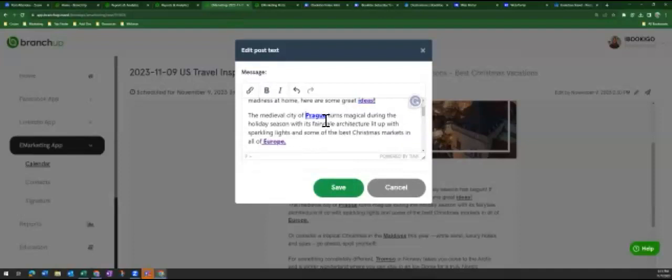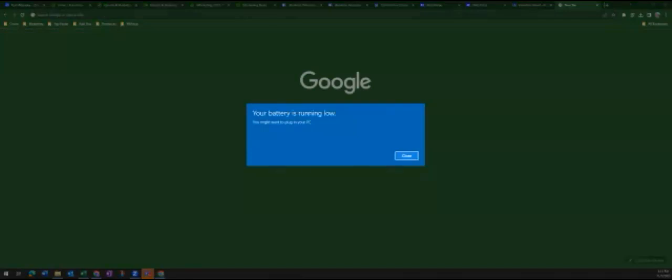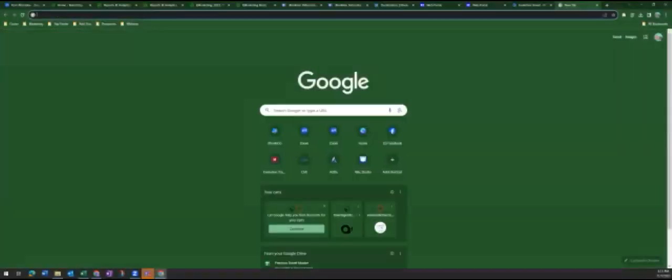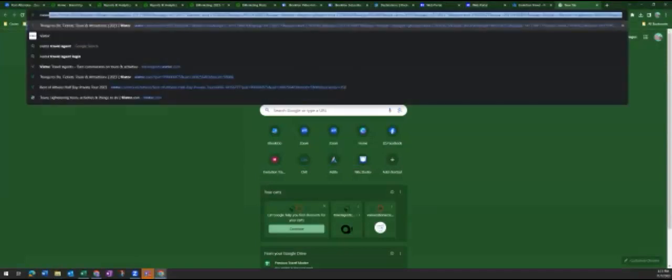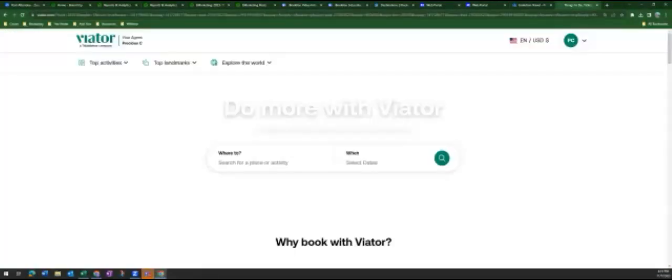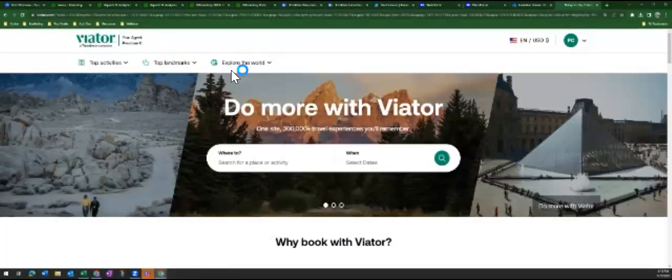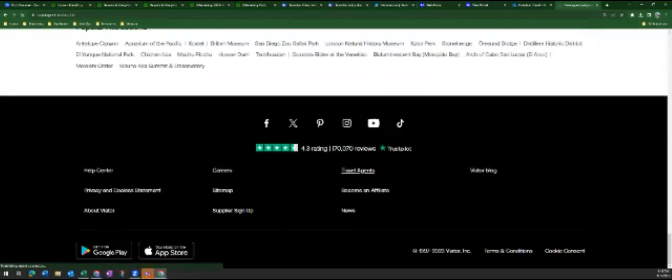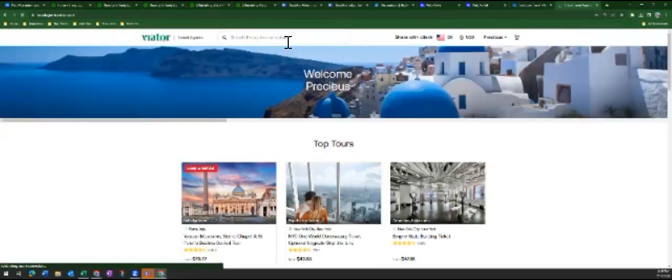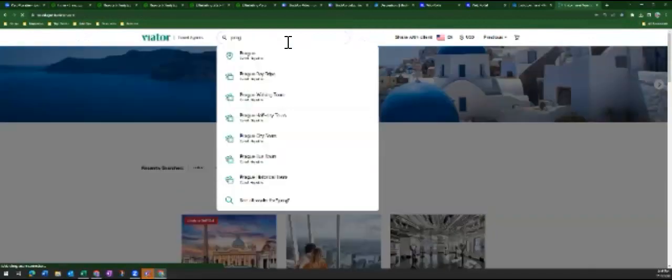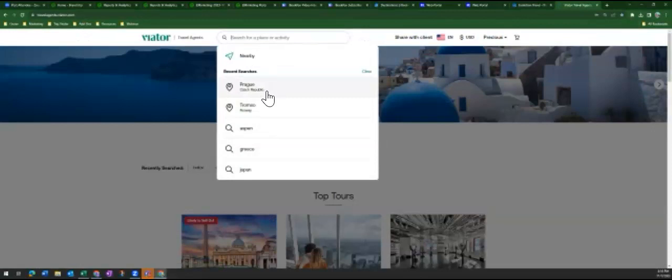Now for Prague, I don't have a destination for Prague. So what did I do? I went to my Viator. Oh, hold on one second. Battery is running low. There we go. Plugged in. So I went to Viator, and I want to make sure I'm in the travel agent login. Right now, this is the client view. So I'm just going to scroll all the way down and click on travel agents so it can switch me into the agent view. And then I just come in here, and as you can see, it'll show you my recent. So I typed in Prague,